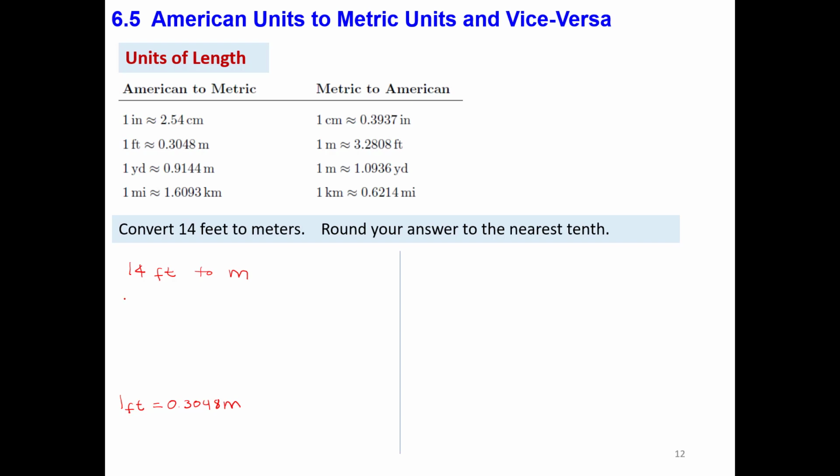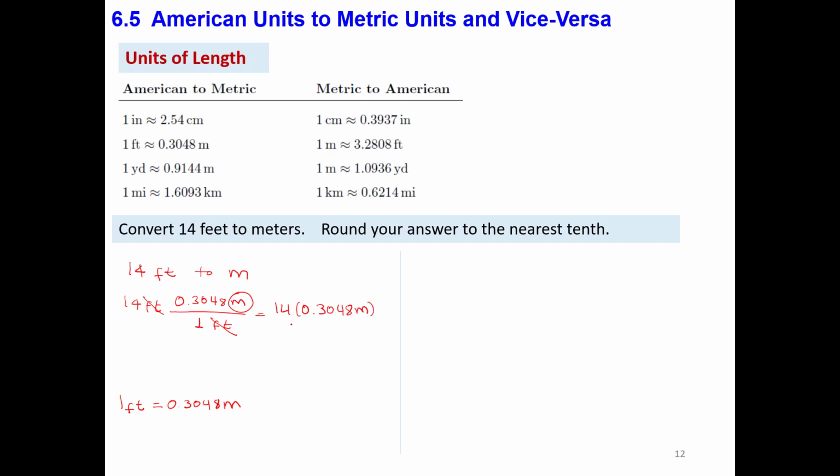Then we need to convert 14 feet. Now, how do we need to write the conversion factor? In a way that the feet cancel out, and the answer must be in meters. We know we need feet here, so it's 1 foot in the denominator, and the other one will be on top. In this way, the feet cancel out, and finally we have the answer in meters, as this is the unit we want. And here we have 14 times